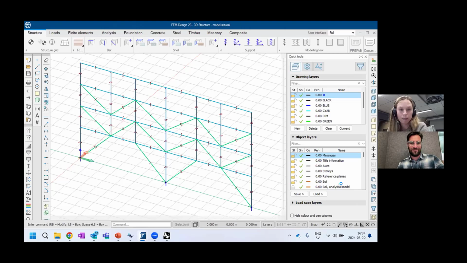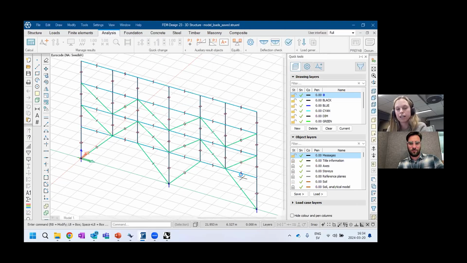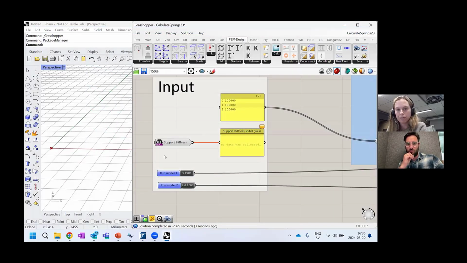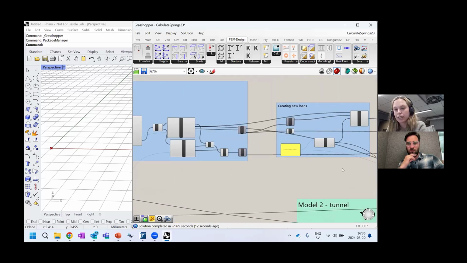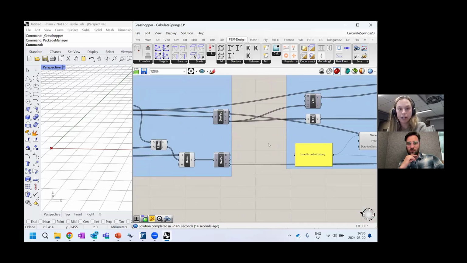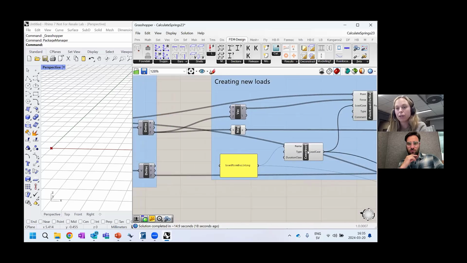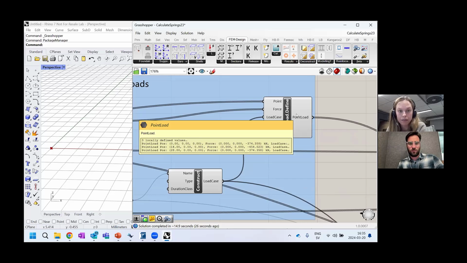So that's my model, and it's running. In this case, because I'm doing an iteration, I'm working with the old way of connecting to FEM-Design, which means it will close down when it's done the things I've told it to do. And what we get here are some reaction forces, point support reactions that I will use to create some point loads. So you can see here that I've created 3 different point loads,